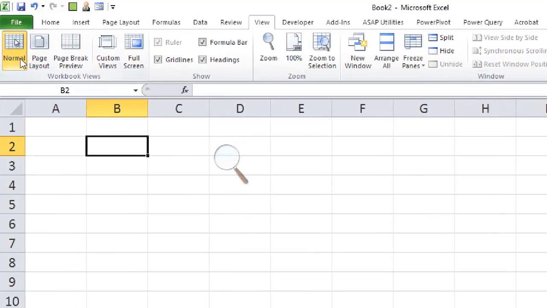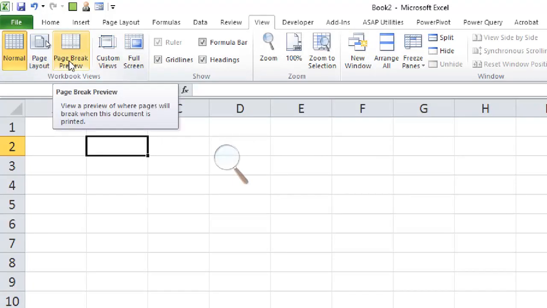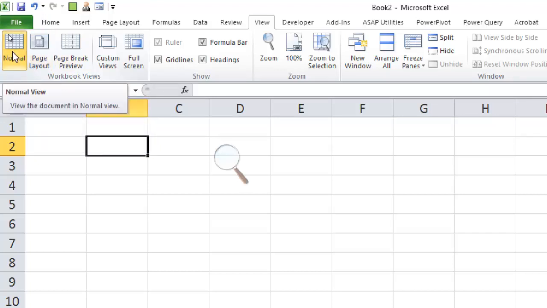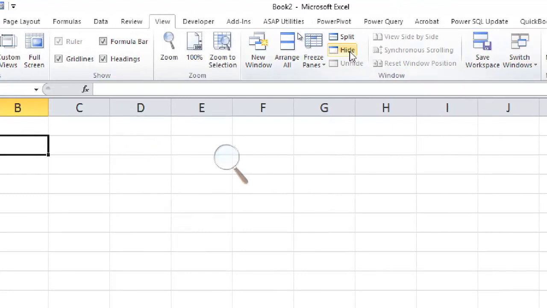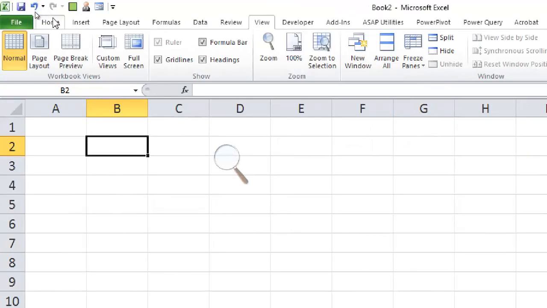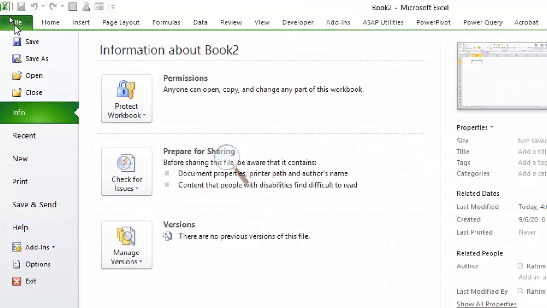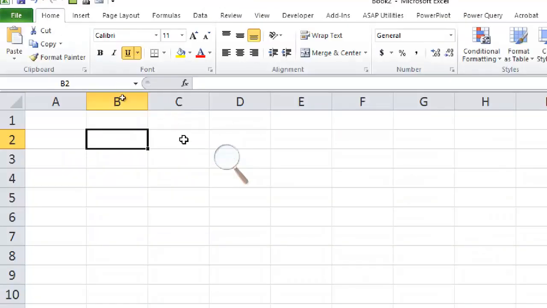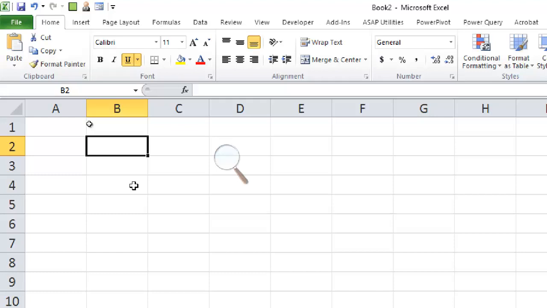In the View ribbon, you have different types of views of this spreadsheet, that is page layout, page break preview. For example, if I want to include a header or footer, I have to go to page layout view, okay. I cannot insert in normal view, so you should know about all these features. Then what do you mean by the hide button here, freeze panes, how to freeze panes or freeze columns. Alright, so these are some of the key important areas related to Microsoft Excel. Then you have the Backstage view here where you can do all the fundamental work, right? So these are the key areas related to Excel.